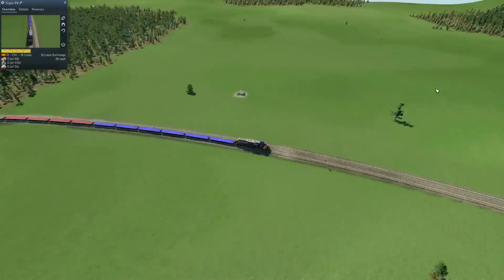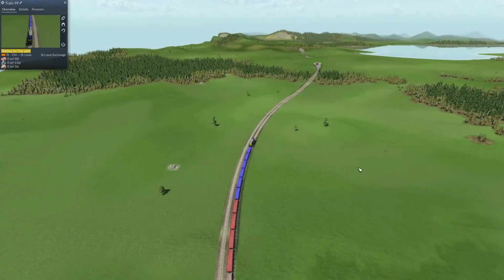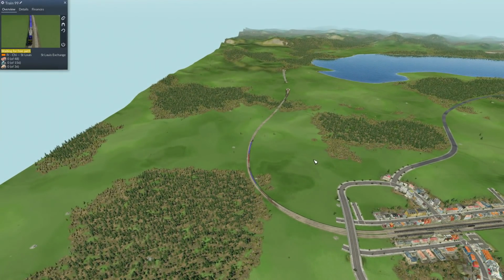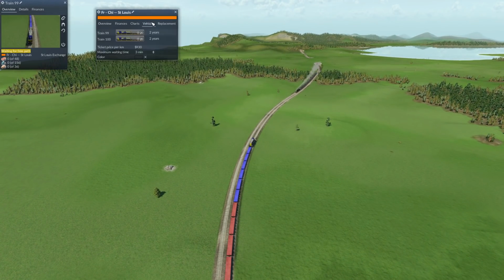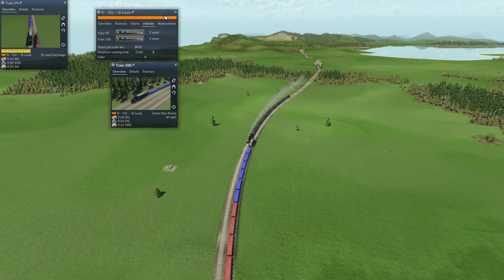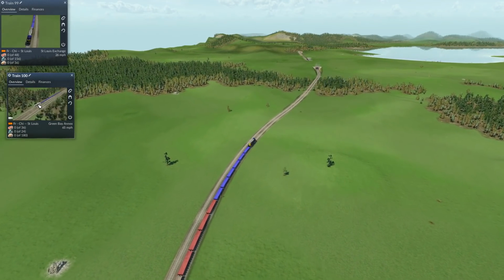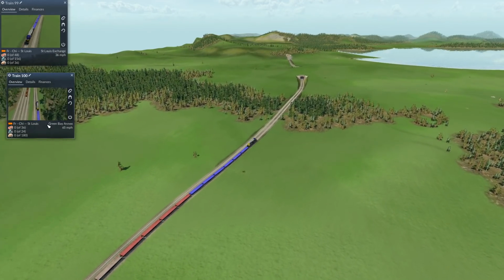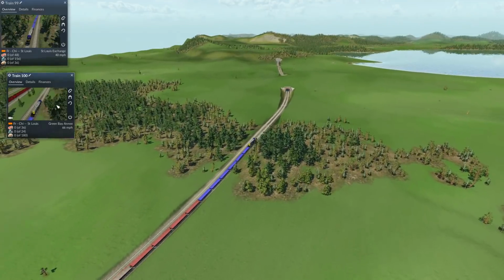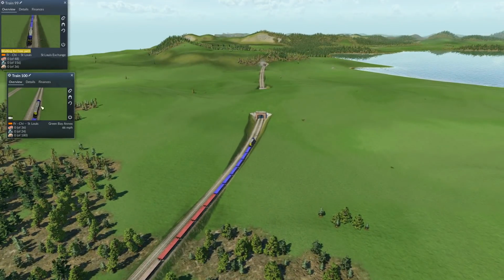Right, I've just ended up on the tail of that train. That's not good. That's not good at all. In the meantime, I wonder how the other train's doing. How are you doing? You seem to be running fine. You're headed back towards Green Bay. You're doing wonderfully. So that hasn't caused any...